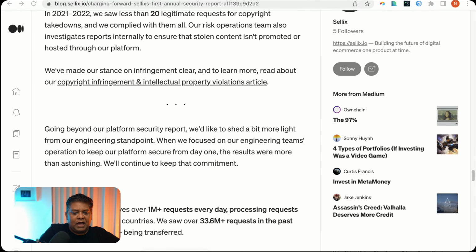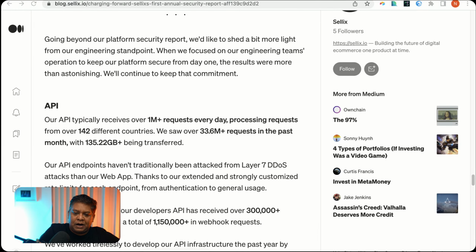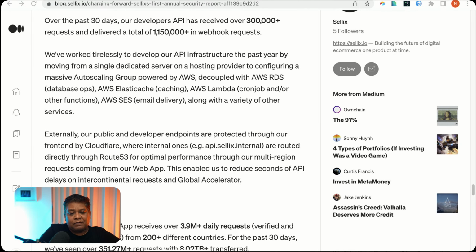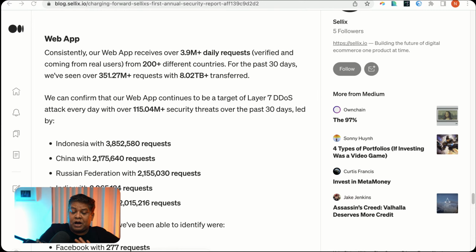Okay, and then we have going beyond our platform security report. So again, they have API requests, web app, right? So there are some interesting numbers around web apps as well. They're getting a lot of DDoS attacks, right? So if you don't know what DDoS is, those are distributed denial of service attacks. Basically, layer 7 is for those who are not familiar.